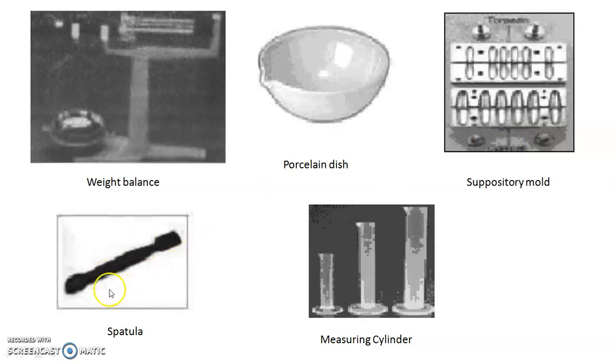This is a spatula. The spatula is one of the important things. Meanwhile weighing, it should be used to pour that particular substance or ingredient from the container or bottle onto the butter paper which is kept on the balance for weighing purpose. And measuring cylinder. Measuring cylinder is used to measure some liquid meanwhile formulations.